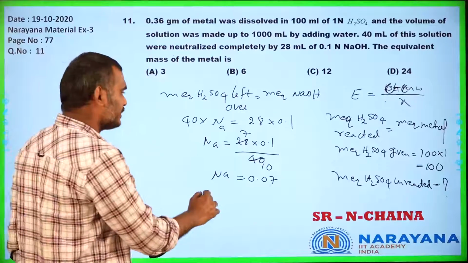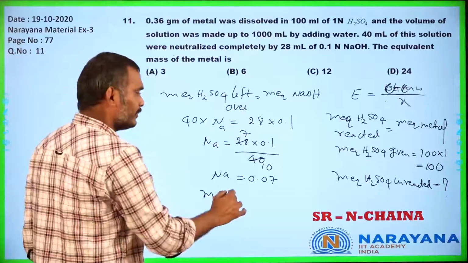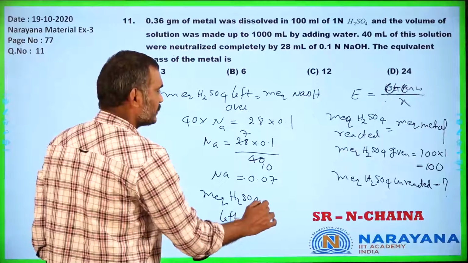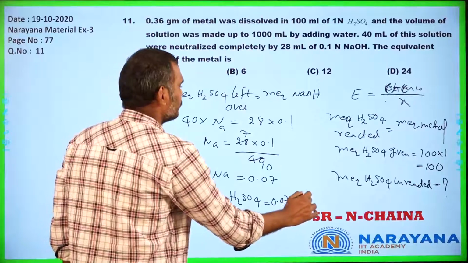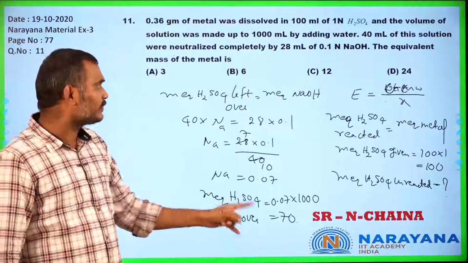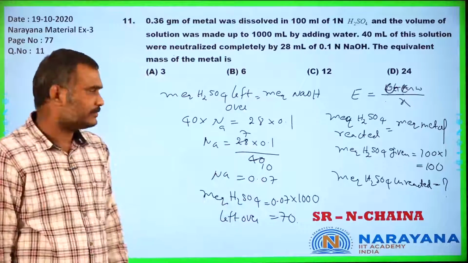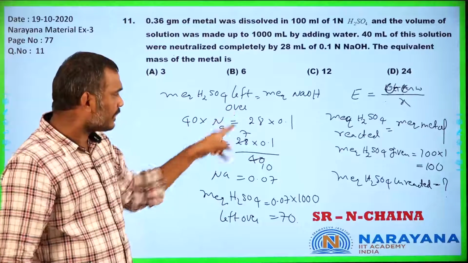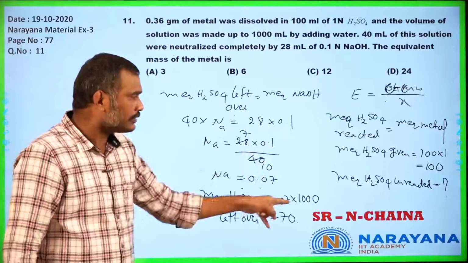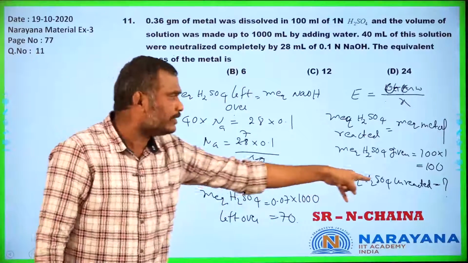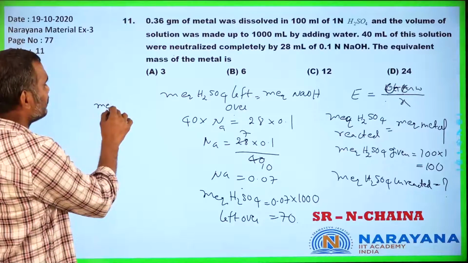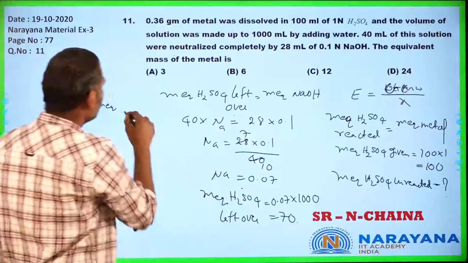Now milli equivalence of H2SO4 leftover is equal to 0.07 into 1000, which is equal to 70. Why? First I calculated the normality, and now milli equivalence of H2SO4 leftover is equal to 0.07 into how much ml? 1000 ml. So milli equivalence of H2SO4 unreacted I got. Therefore now milli equivalence of H2SO4